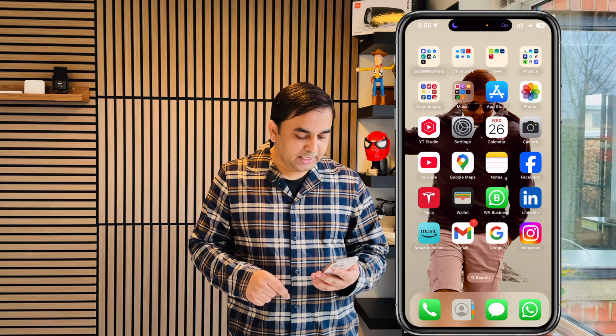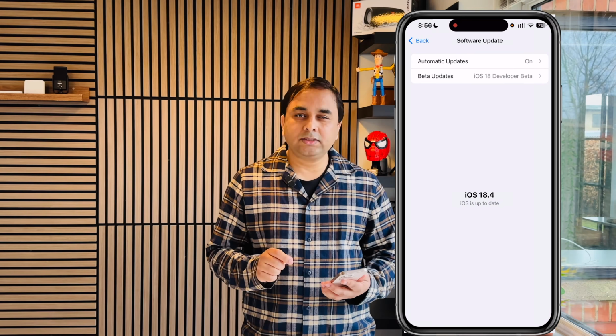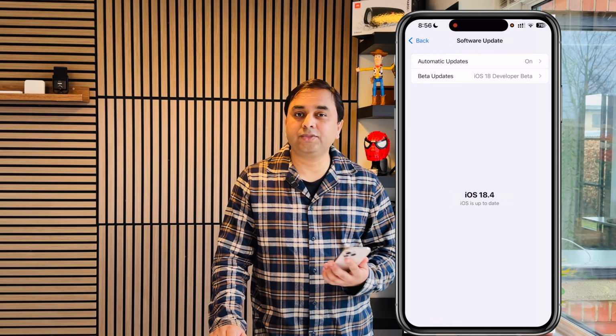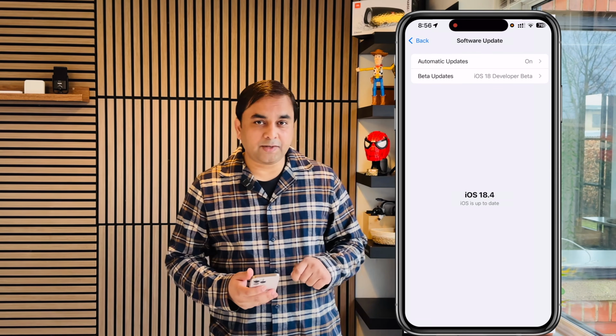So my iPhone is here. First of all, open Settings, General, and Software Update. Sometimes if you have not updated your software, this problem comes. If you have already updated and you are still facing this problem,